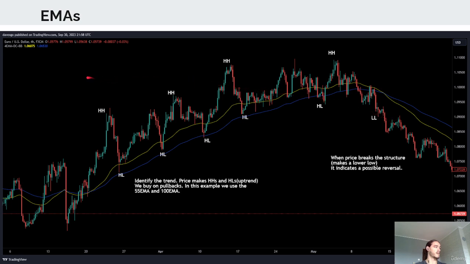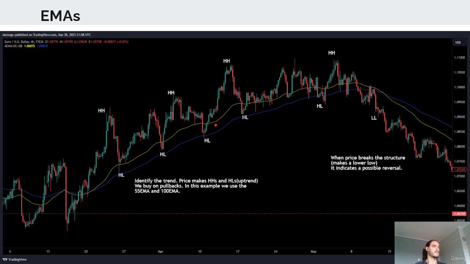Another way to get in is with the exponential moving averages. First, we identify the trend. As you can see here, we have a high, low, higher high, and a higher low. So now we are in a clear uptrend, and we want to get in on the pullbacks. So here we use the 55 EMA and the 100 EMA. So as you can see, the retracements, how they are respected on the 55 EMA and the 100 EMA in this example on the euro